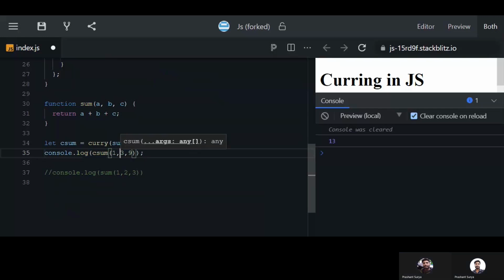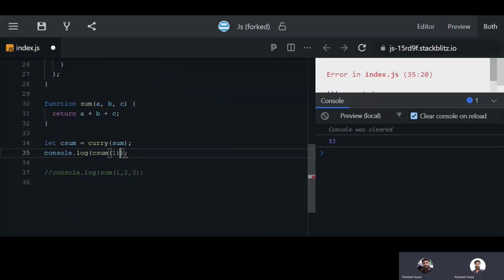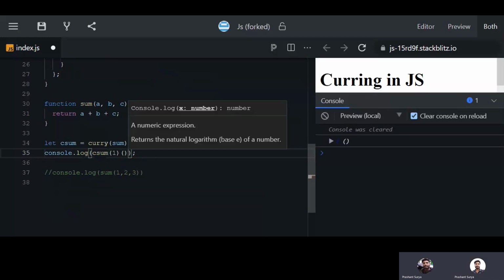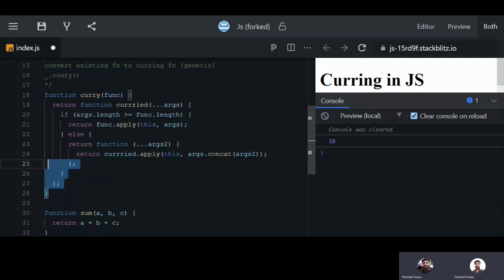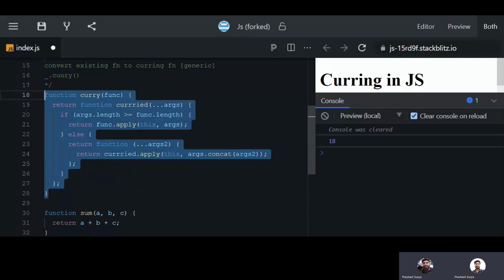If you pass the arguments like this, it will also work, and if you pass them separately, it will also work. So this is the generic method you can create to convert your existing function into a curry function,